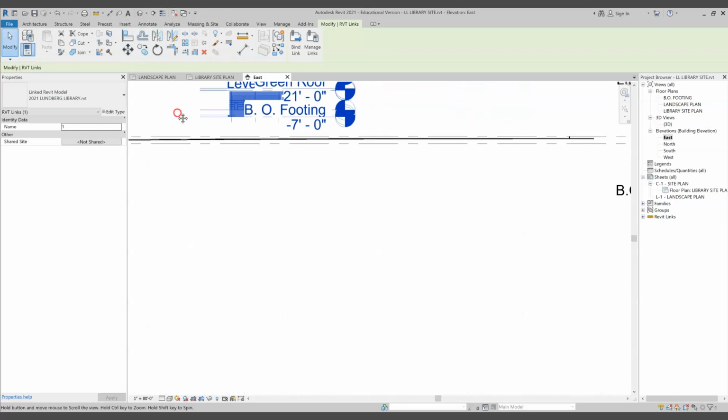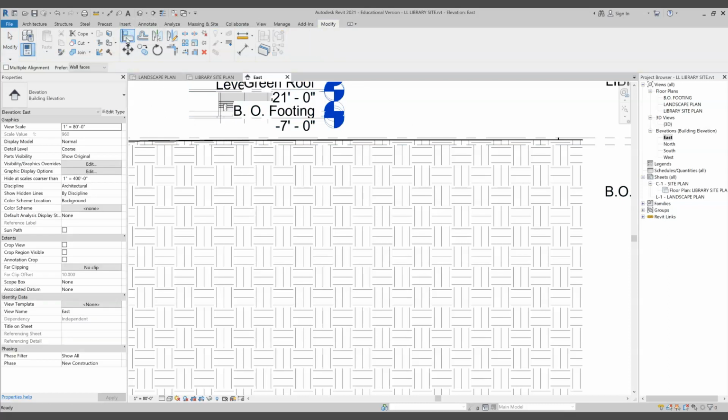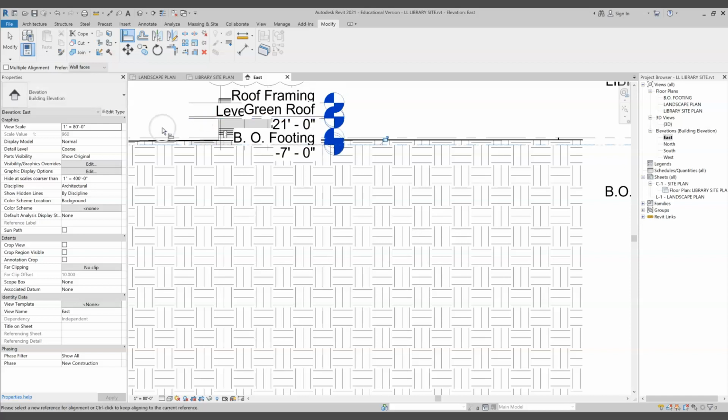If you notice, we have something called BO footing and BO footing over here, and we need to make those two align. So we're going to use Modify and Align, and then we're going to choose the BO footing that we're moving to, and then the BO footing which is the lowest level on our model, and we're going to click on that one, and it will move those two to be aligned, and we're happy. So if I go to my 3D view,